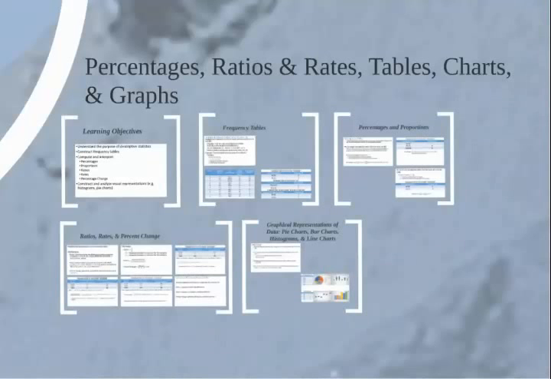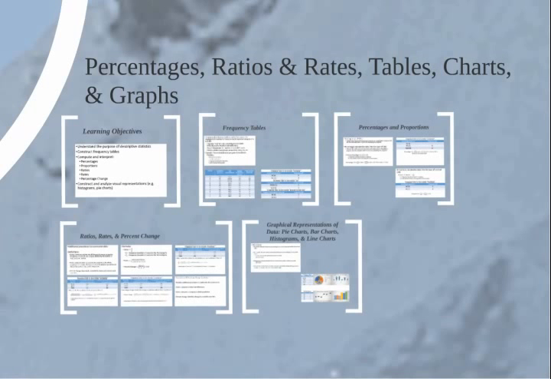So today we're going to be talking about percentages, ratios, and rates, tables, charts, and graphs. Basically what we're doing today is identifying ways in which to organize and present some basic data. And what I mean by basic is some univariate data. I don't mean basic in terms of this is easy to collect, or it's easy to analyze, or any of this is actually extremely easy to do. Basic I mean is sort of univariate